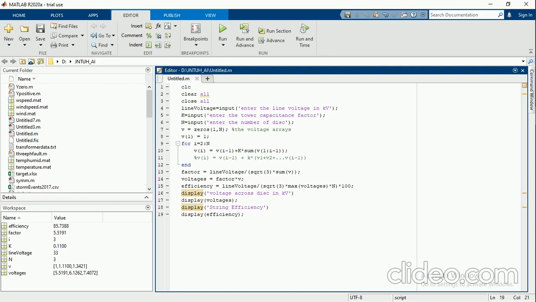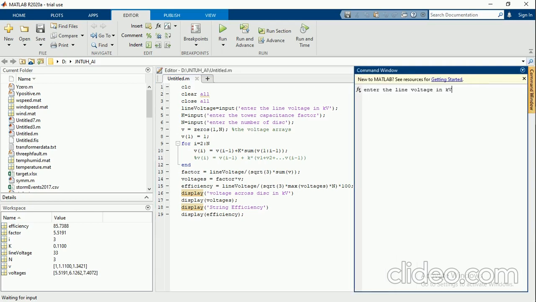So I'm running the code. When I click on this run button, the first statement runs and waits for my input. That is 33 kV.